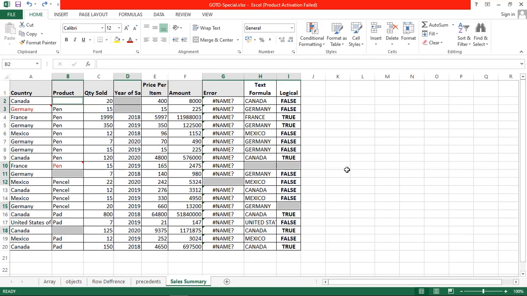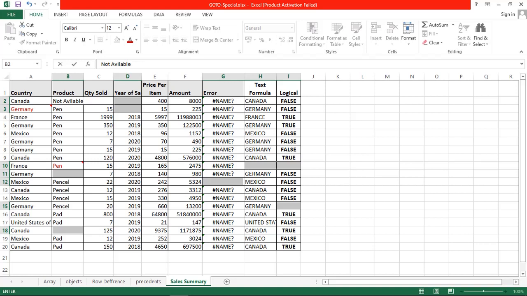Now suppose you want to fill some data in these blank cells. In that case, please do not press the Enter key. Just start typing. You can see when I start typing, the first cell is taking the data. You want to fill all the blank cells with the value which I entered in the first cell, so do not press Enter.